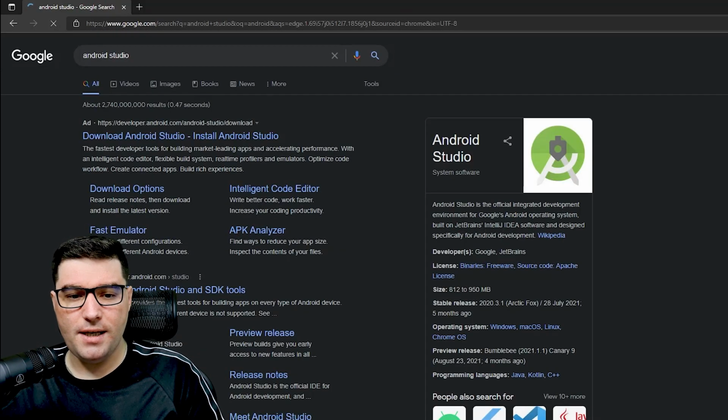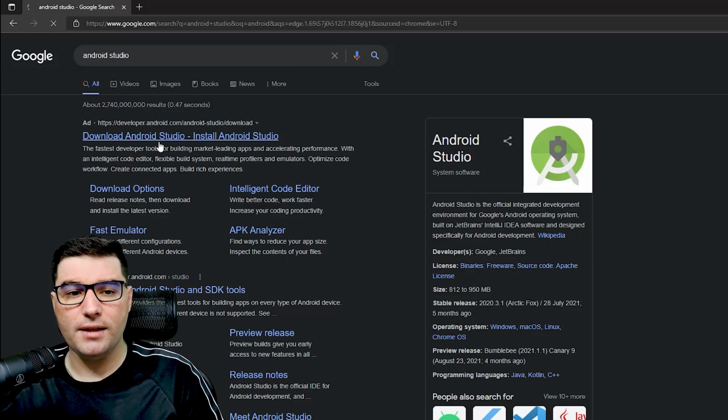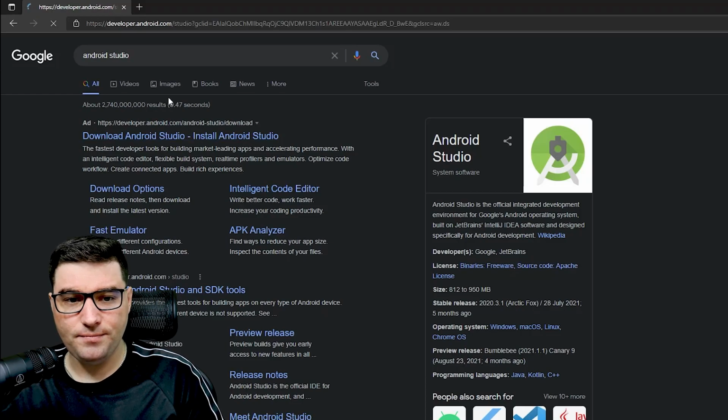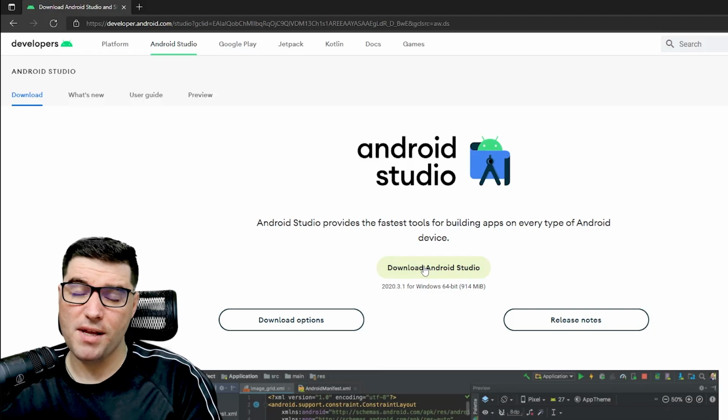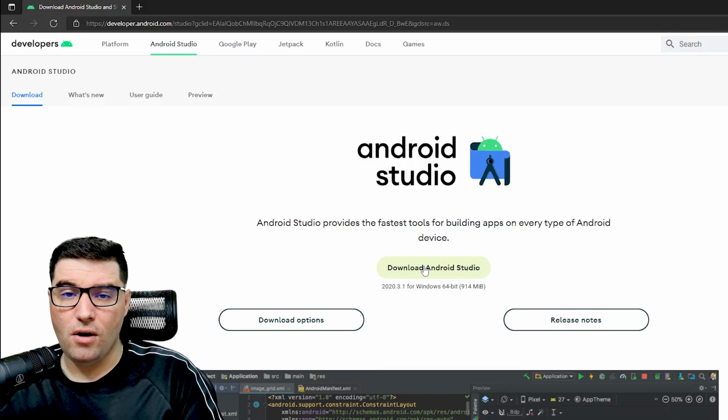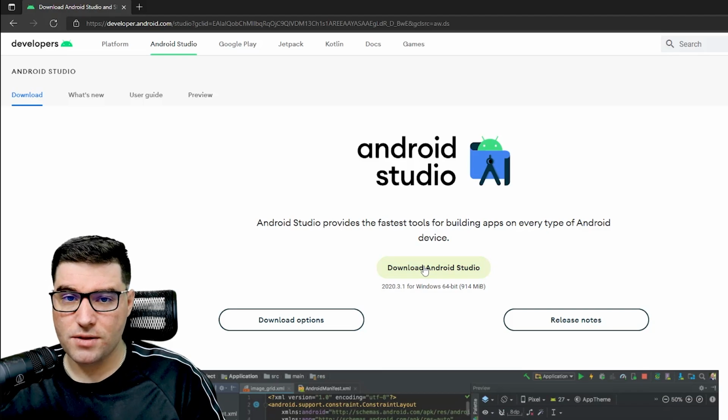Studio on your PC. You can do that by simply going to Google, typing in Android Studio, and then clicking on the first link. And then you select Download Android Studio. This is a method that works well on Windows and on Mac, so it doesn't matter which operating system you